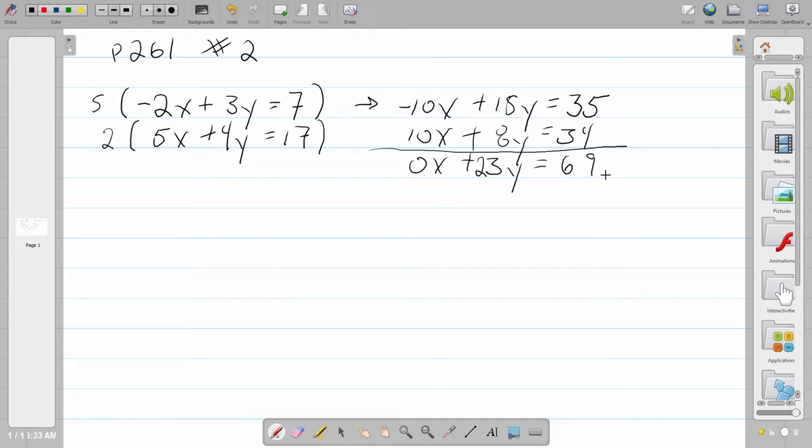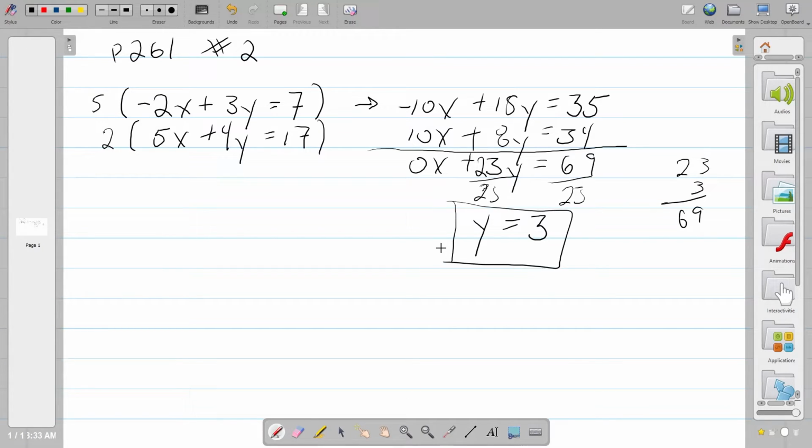Okay? So now we're going to have to divide out that 23. We end up with y equals, oh, that's convenient. y equals 3. You can see 23 times 3. 3 times 3 is 9. 3 times 2 is 6. 69. So 69 divided by 23 is 3. So y equals 3. That's part of our ordered pair. Make our ordered pair, comma,